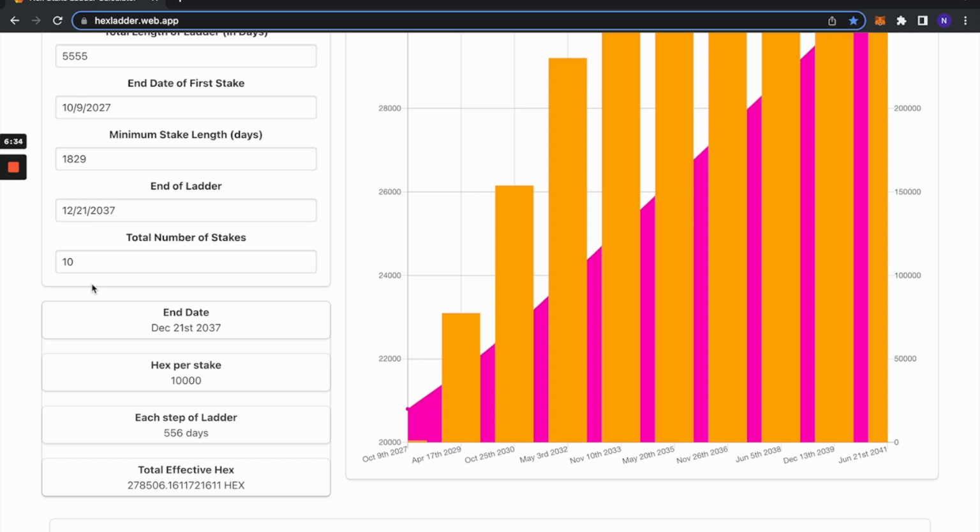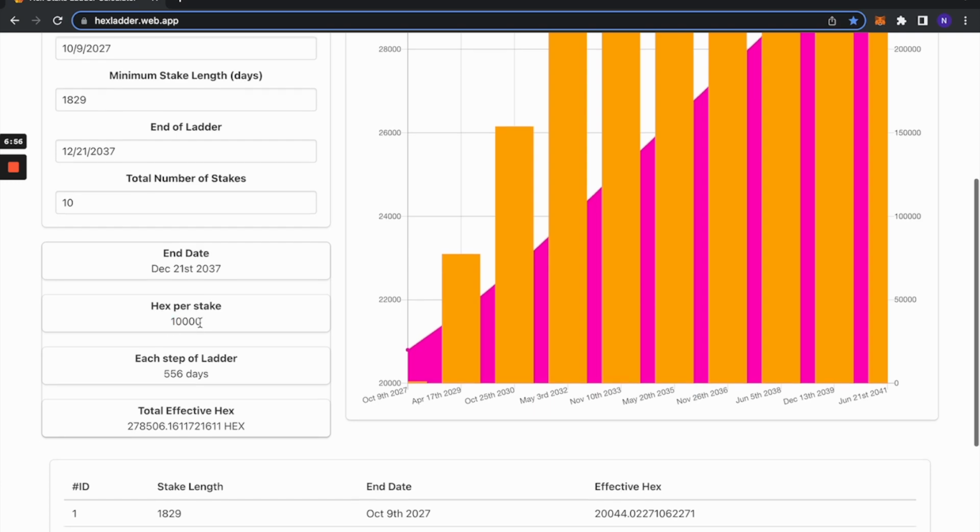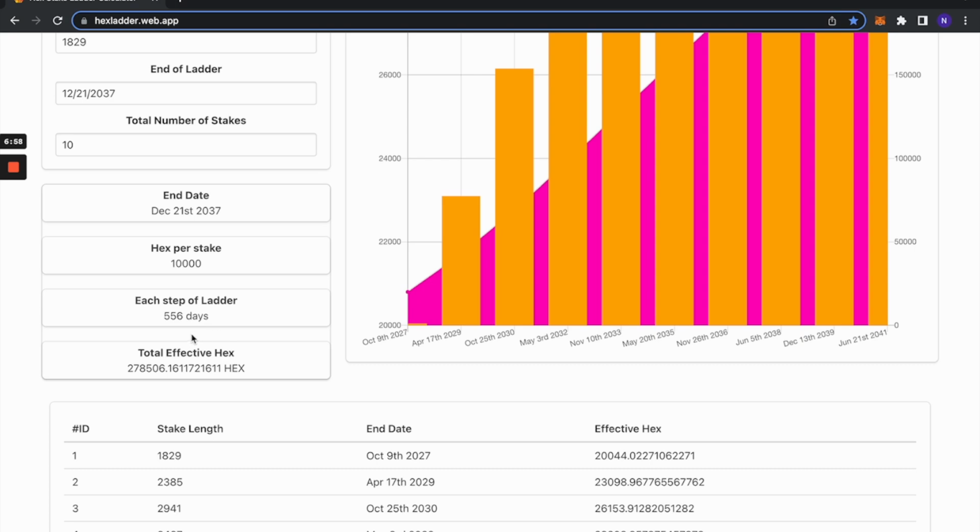So let's go ahead and see. The end date, like we already saw, was going to be December 21st, 2037. And now it's going to show you hex per stake. So remember, the total amount in this example was 100,000. So if we're doing 10 stakes, simple math, it's going to be 10,000 hex per stake. So we got 10,000 hex per stake. And then each step of the ladder is